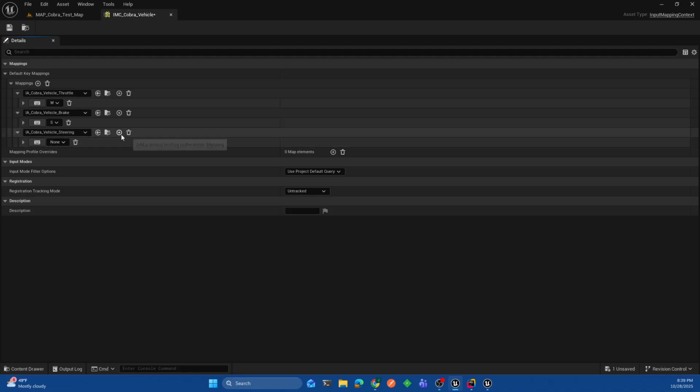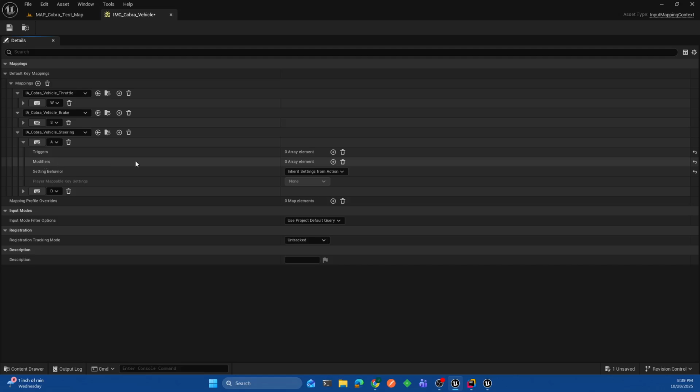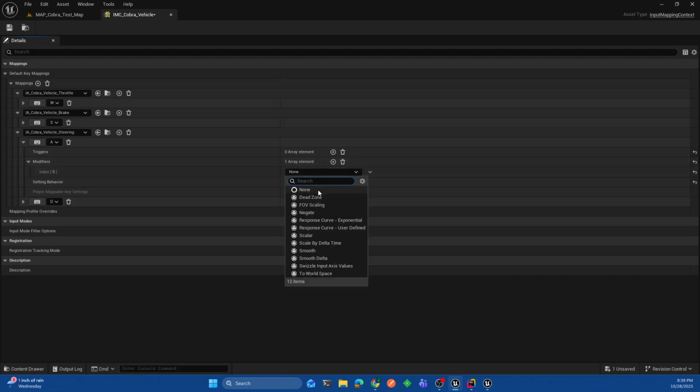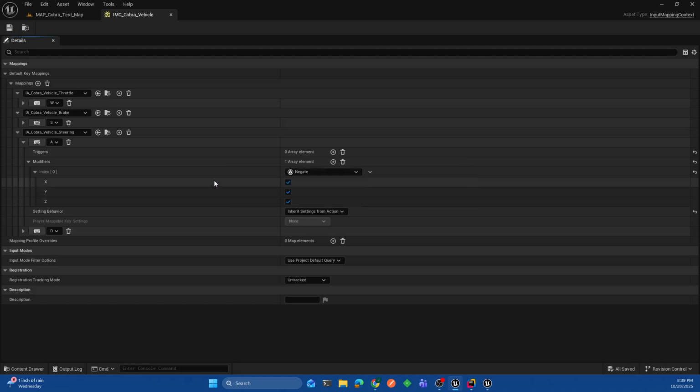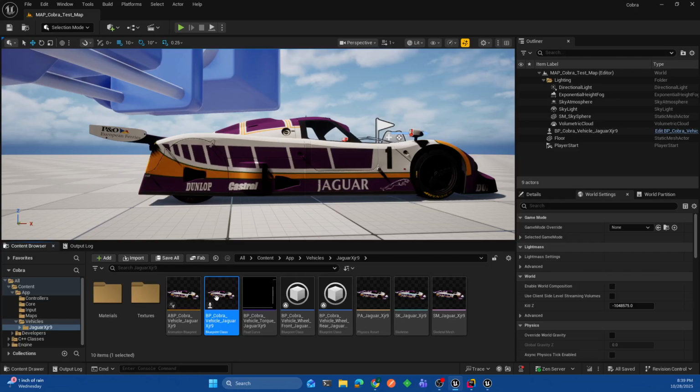And this is going to have 2 key mappings. I'm going to do A and D, and A is going to have a modifier on it to negate. So A will be negative 0 to 1, and D will be positive 0 to 1. So that looks good. So now, if we open up our blueprint